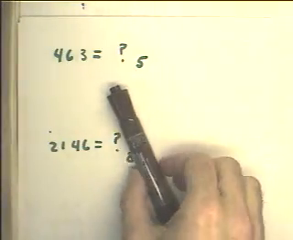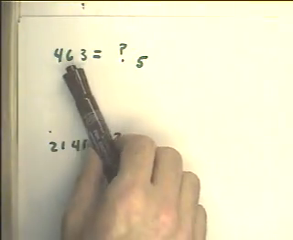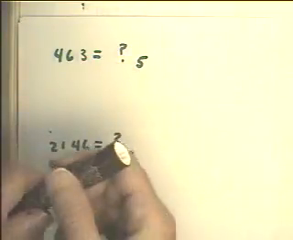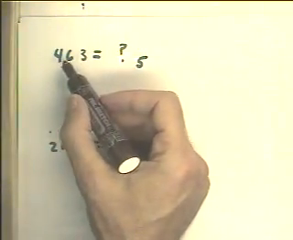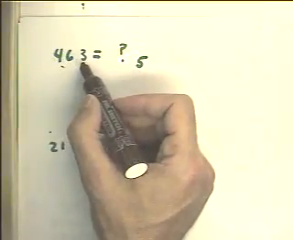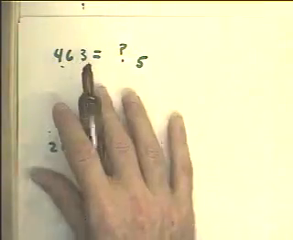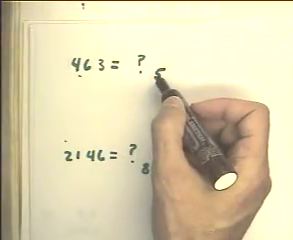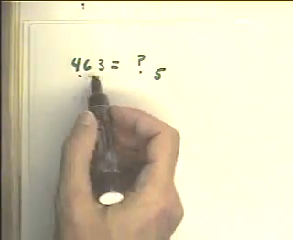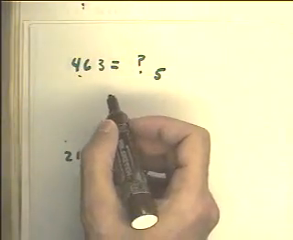We can turn the process of converting a number to base 10 around and ask: 463, if there's no base written, it's understood to be a decimal number or a base 10 number, equals what in base 5? How are we going to answer that question? Well,